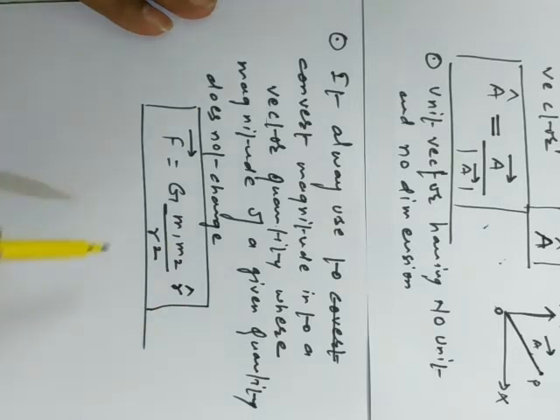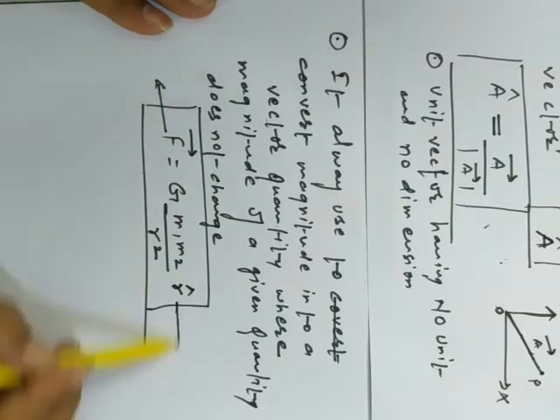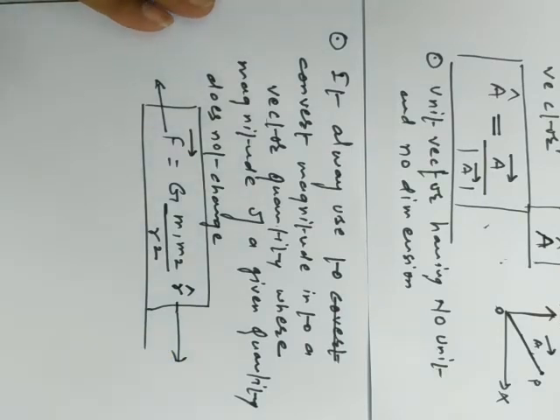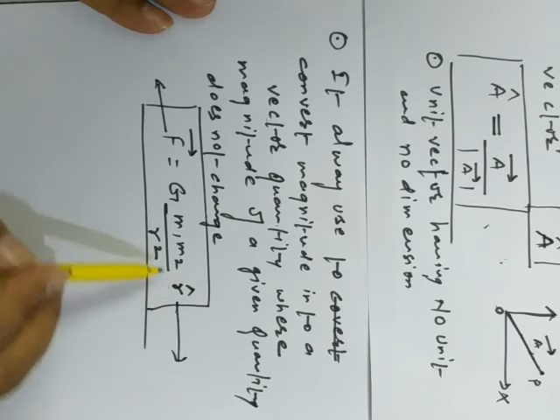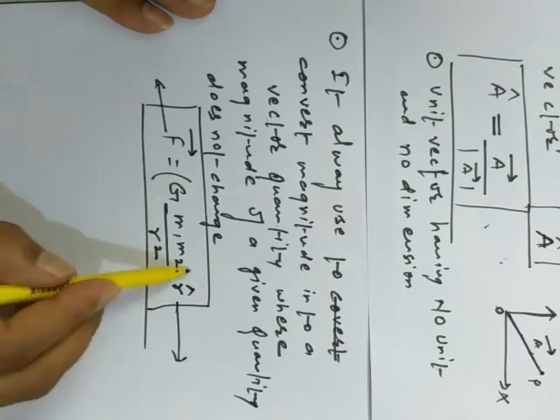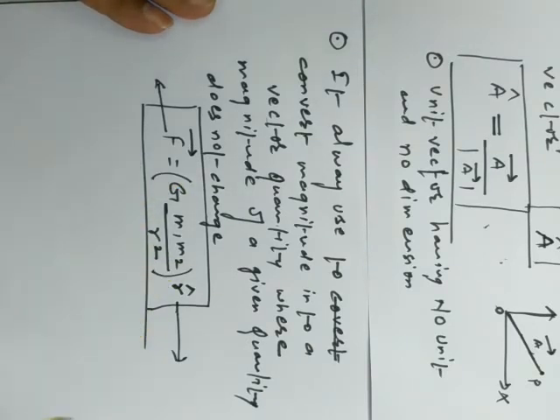Here we have the balance, that means the left hand side is in terms of the vector, and the right hand side is also in terms of the vector. As I am just multiplying by this unit vector, there is no kind of change in the magnitude. Because it has unit magnitude, we can easily use the unit vector to convert a magnitude into a vector. Okay, so it's an important part we have.